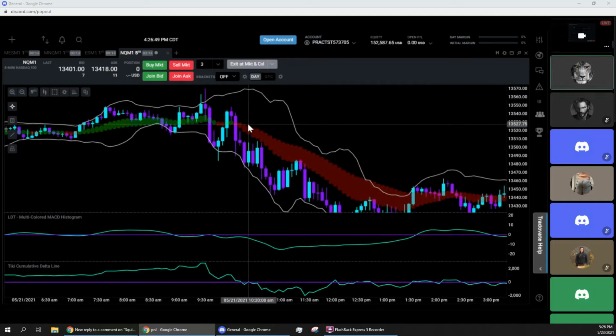So the level is actually right here, right in the middle of that dot. So if you were setting a line, if you put a horizontal line right here,